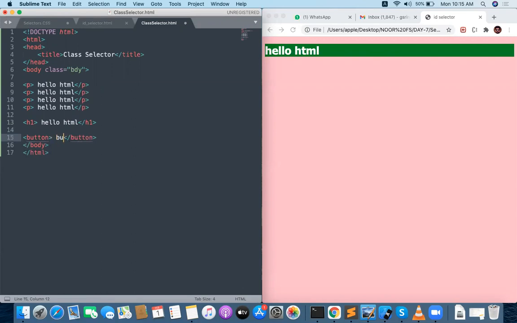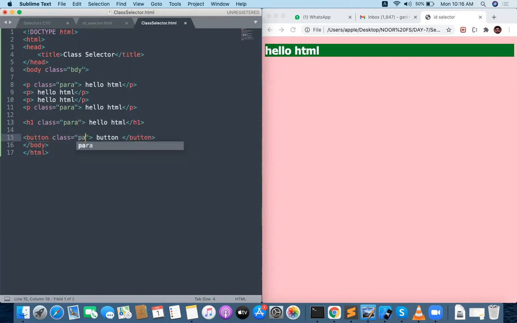Everything should have a simple color. For the paragraph, I am giving a class. The class for the para is para. The class is going to be available only for the first para and last para. Class is para, and H1 also has the same class. You can provide a class multiple times.